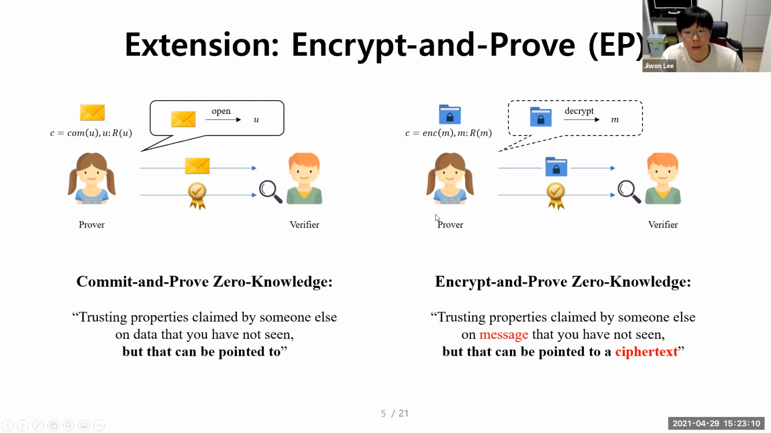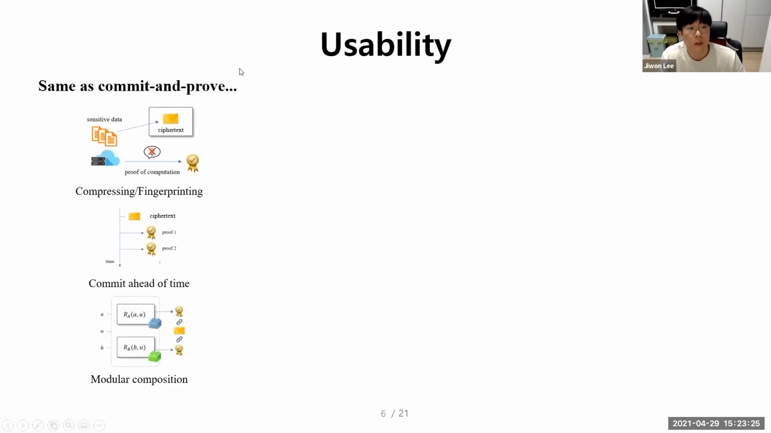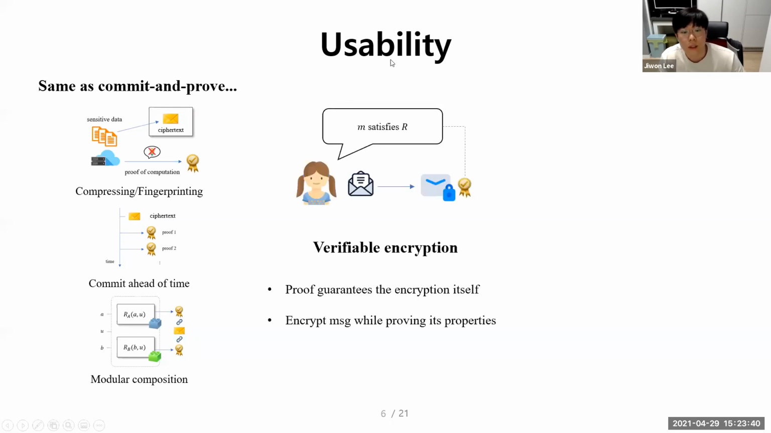So the definition would be like this: the data is now being pointed to a ciphertext that could be decryptable to a message if somebody has a secret key for the encryption. So what can happen with this in usability is, of course, because Encrypted Improve is an extension from CommitImprove, it's going to embrace all the same usability as CommitImprove, like, for example, compressing or encrypting ahead of time or modular compositions. But also because of the encryption, it can have some additional usabilities, such as, for example,